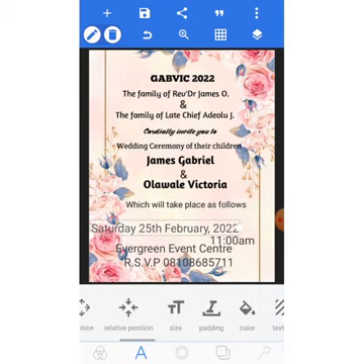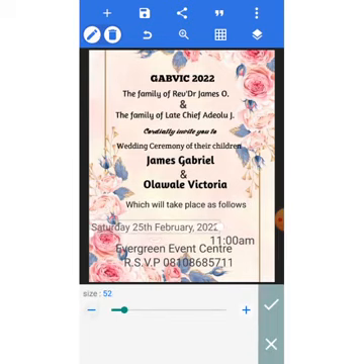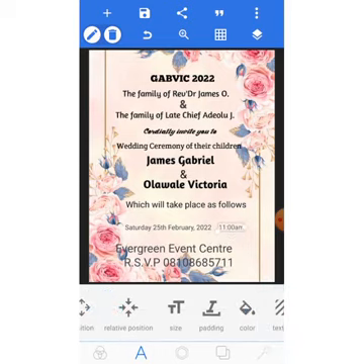Then the date also, I'm going to change the size. I'm going to use 40. I'm going with 40. Okay, let me go with 35. Then the time, I'll adjust the time to 35 also. Can you see? Then the event center,